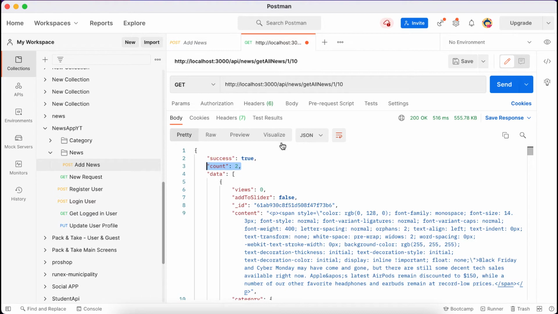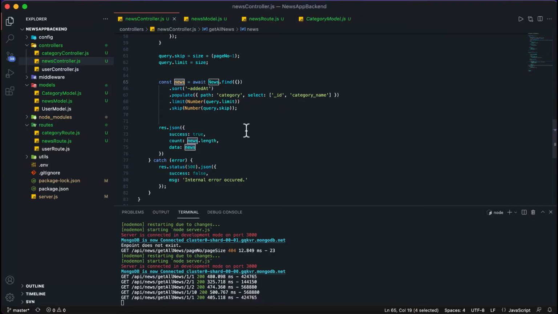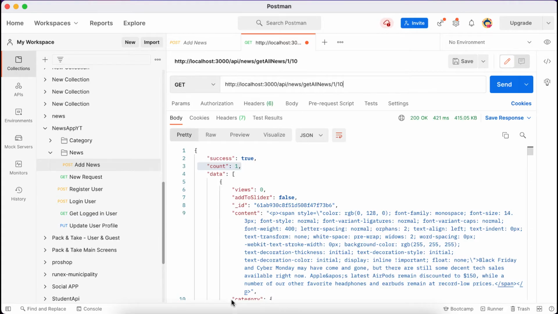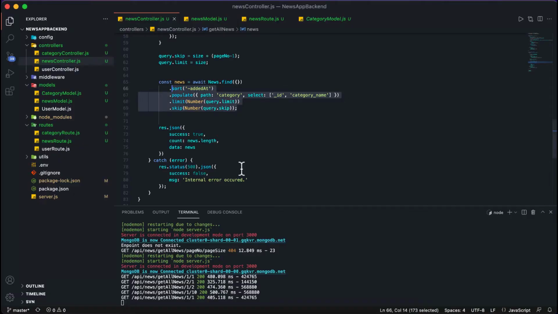So you can see here sometimes the count is coming 1. So it will create difficulty in the front end. So we need to pass the accurate count, means the exact number of news that exists in the database. So this is only sending the count after limiting and skipping, means if it is 1 and 1, then it is giving 1 count. This should be 2, means the exact data that is there.